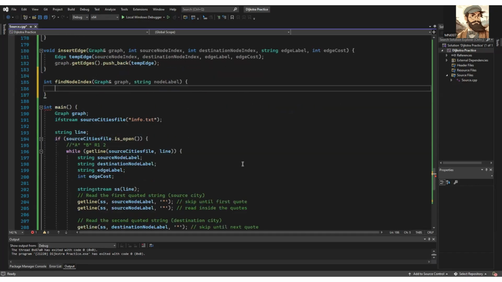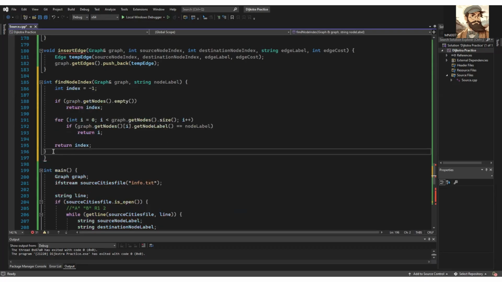And let me quickly implement this function. We need this function because when we are actually implementing this, there will be a use case where we won't be able to specify the particular index. We only have labels, so we have to find the index properly. So let's quickly implement this function. This is a very simple function. We have to just